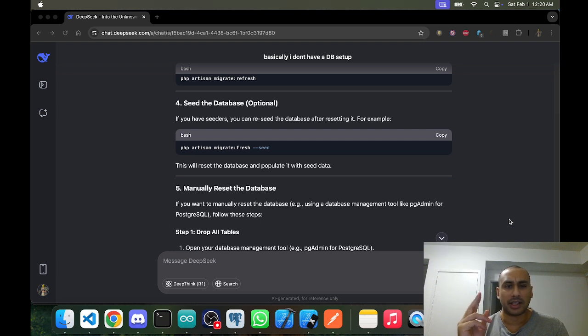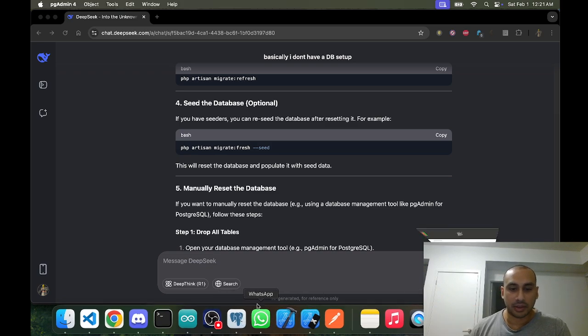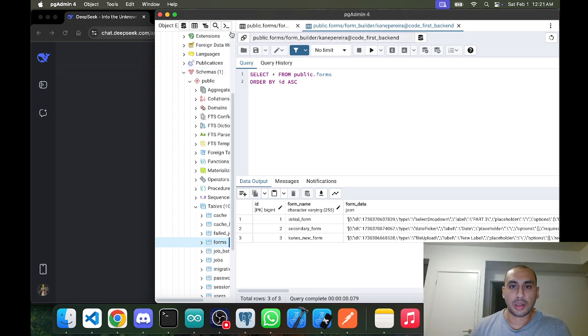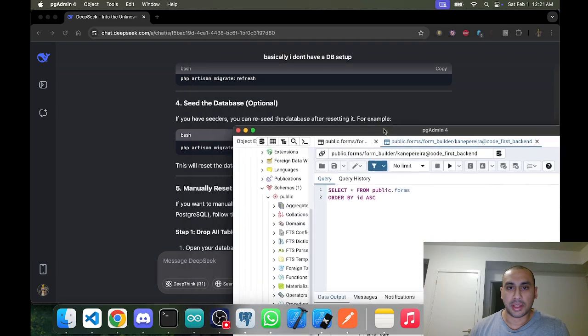Those of you guys that don't know what PSQL is, it's PostgreSQL, and it's just one of the alternatives. You can use MySQL. I prefer Postgre just because it's easier to set up, and it's got this tool here called pgAdmin 4, and it just lets you easily view what's going on in the database. For example, there's 3 entries here, and you could just take a look at that